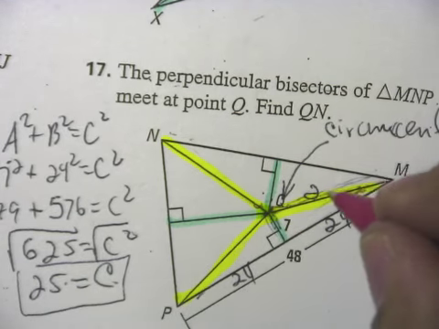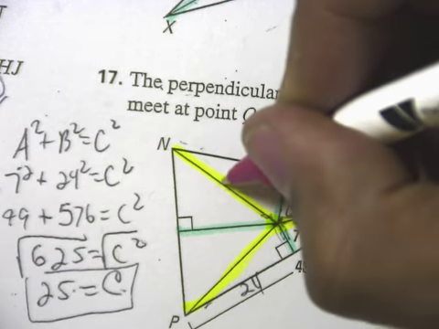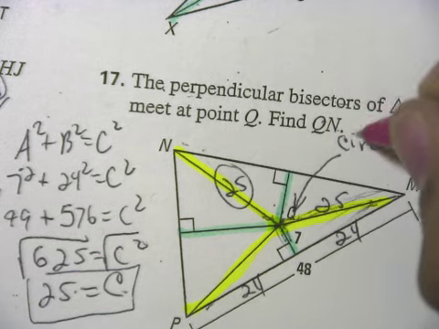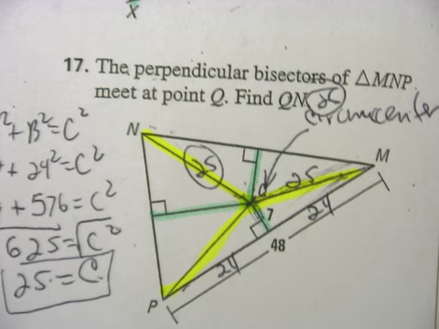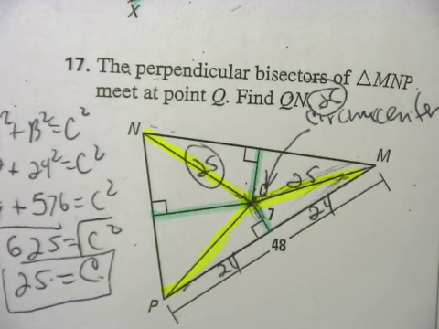Remember, I don't want c squared, I just want c. So c, my hypotenuse, is 25, which means then that this